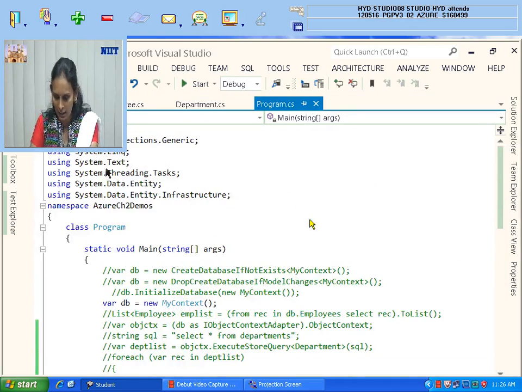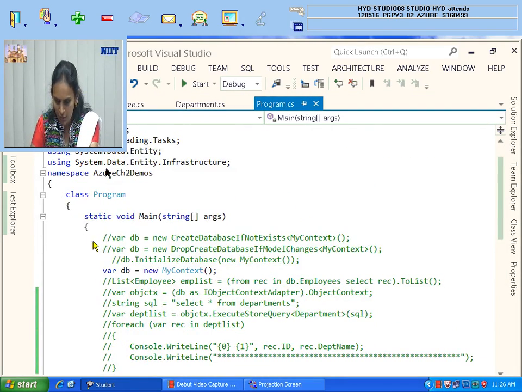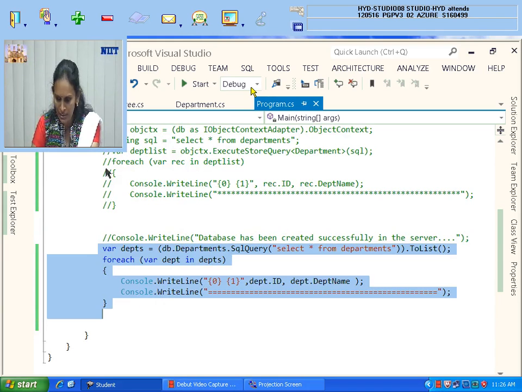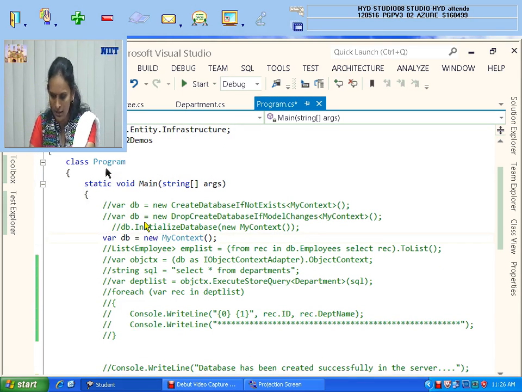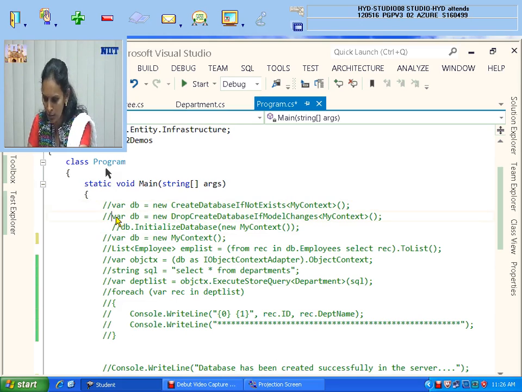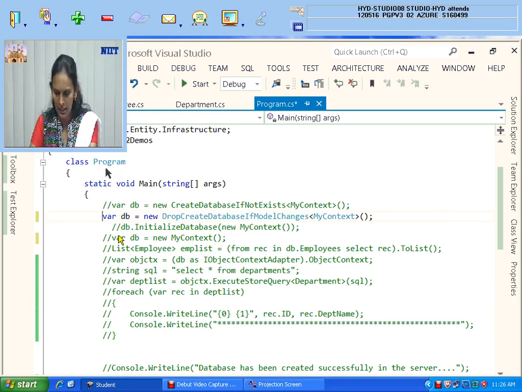We will comment all our work, and we will drop the database and recreate it, because doing it like this every time, we will not be able to understand. So I am creating it not like this, but drop-create database: if the model changes, you take this one and initialize the database.